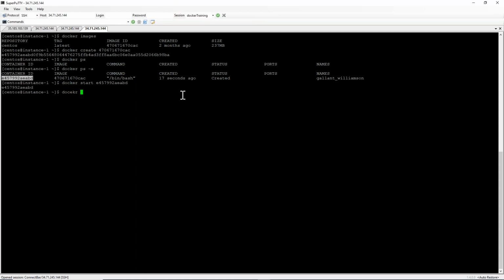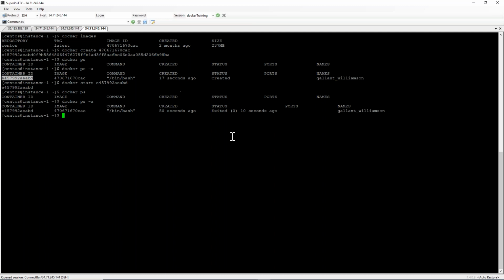Okay. So now run Docker PS. It's not running, but if you run Docker PS -a, you can see it exited 10 seconds ago. So you started the container, it ran and it exited. Everything happened just in a second. Why? Because you asked it to run some command, it ran the command, and the container exited. So that's what the container does. Whenever you ask it to run a command, it will run it and then it will exit.